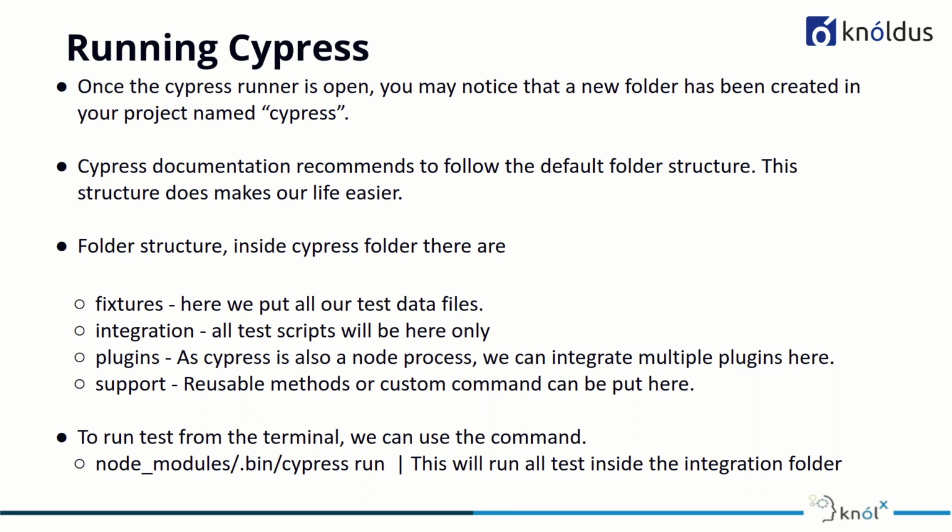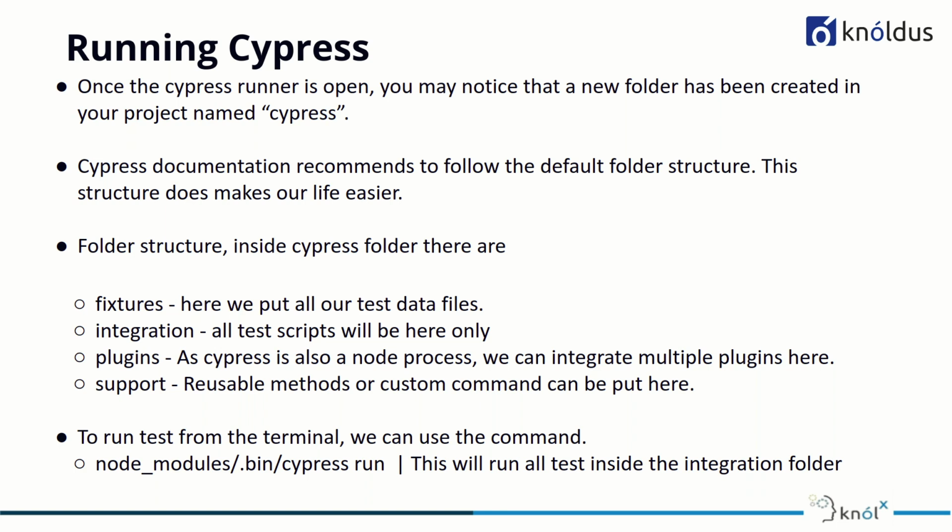The integration folder is where we keep the test scripts that we are going to use to execute the scenarios we are planning to execute. Then in the plugins folder we have an index.js file, whose sole purpose is to manage the plugins. It is self-explanatory. Then comes the support folder. Any reusable method or custom-made command can be defined here, and once it is defined here, it can be accessed by the whole project. We don't have to import anything, we can just call that method or command throughout the scope of the project.